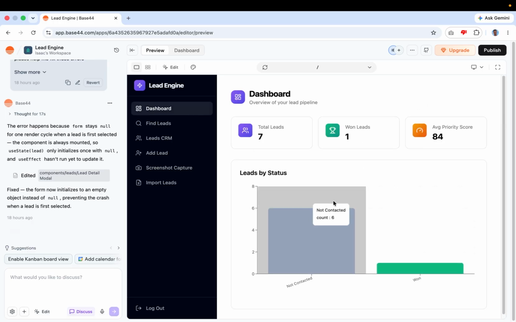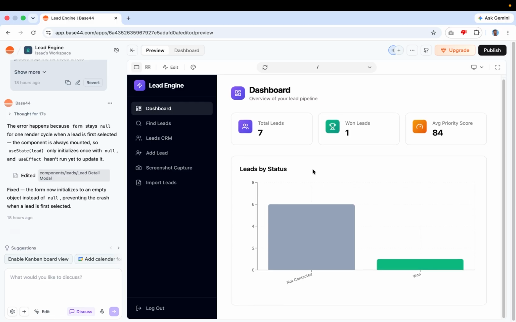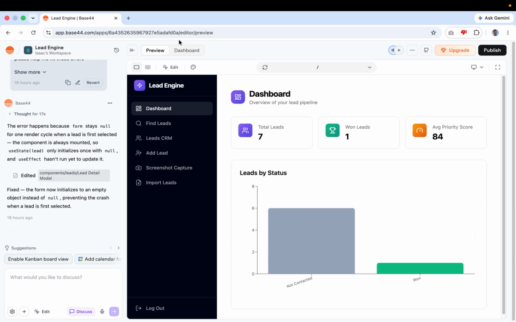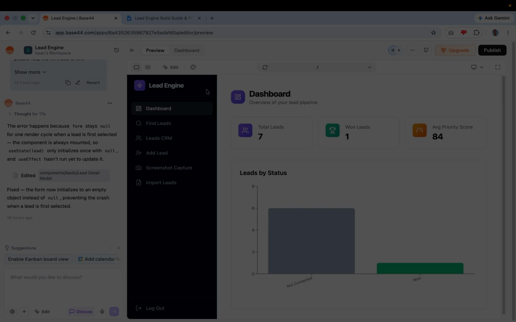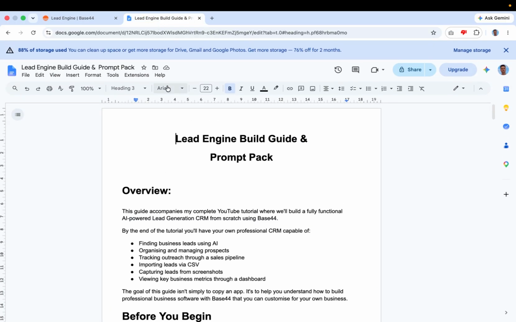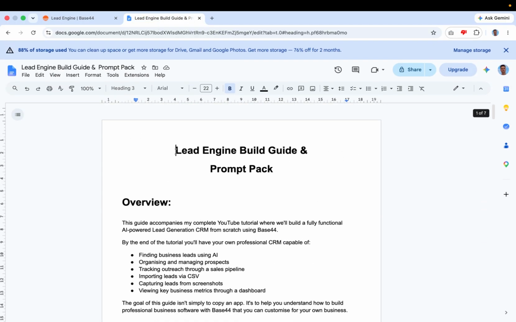So yeah, there's our dashboard. We've got total leads, average priority score, leads by status. So it's okay, but we could definitely make this look a little stronger. So I'm going to get you to go into the lead